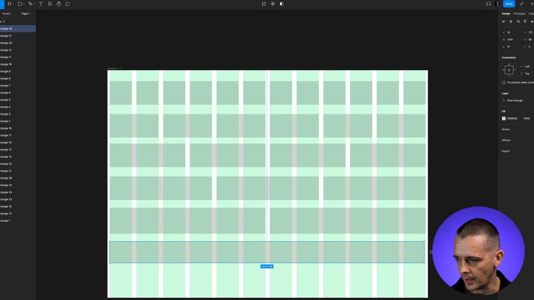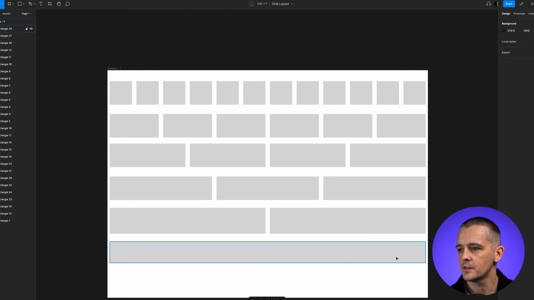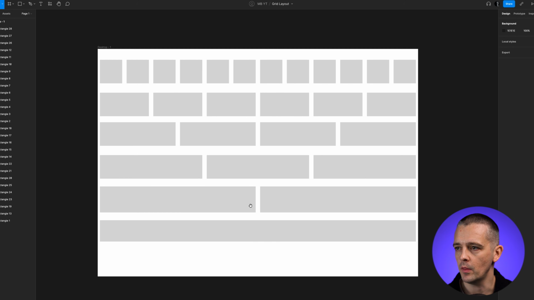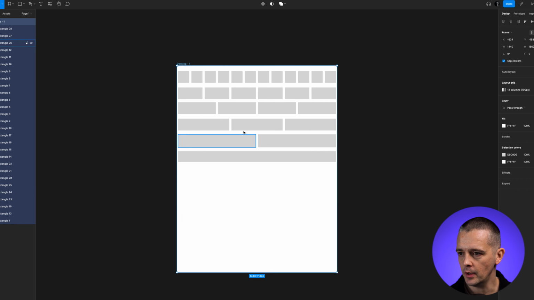I've not quite done that exactly. There we go. And also obviously you could go across the whole size of your frame as well, beyond the margins. So there are lots of different options here because of all these different multiples that allow you to create